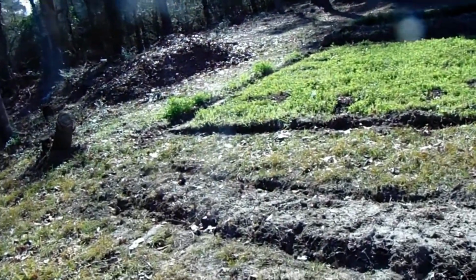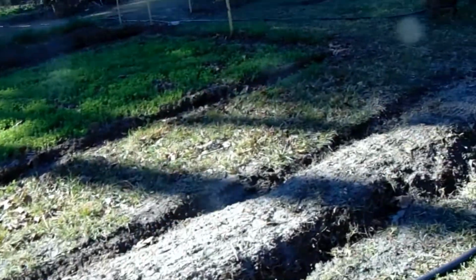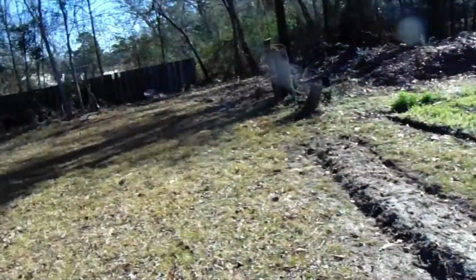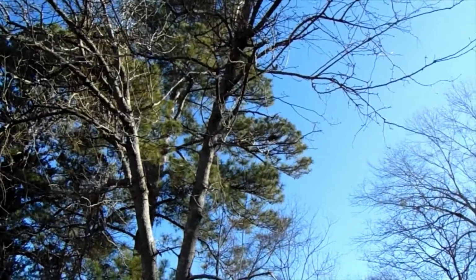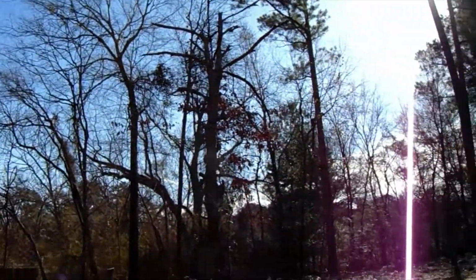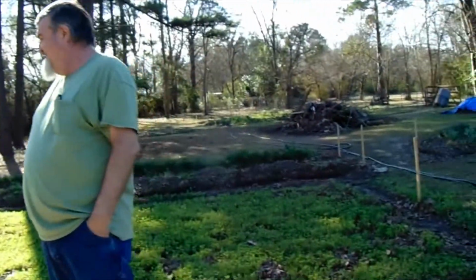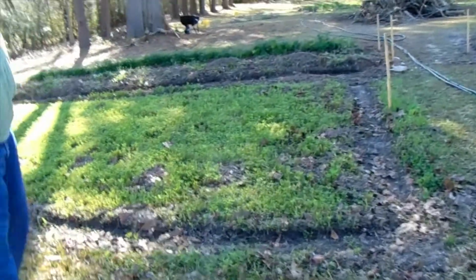And then my husband threw in this flower bed. Cut the trees down to give you more light here. Yeah, for the beneficials, you know. You gotta have the bees and the stuff. And this tree had more limbs in it, but we kind of tried to kill it. It was an adventure, I tell you what. And here's another